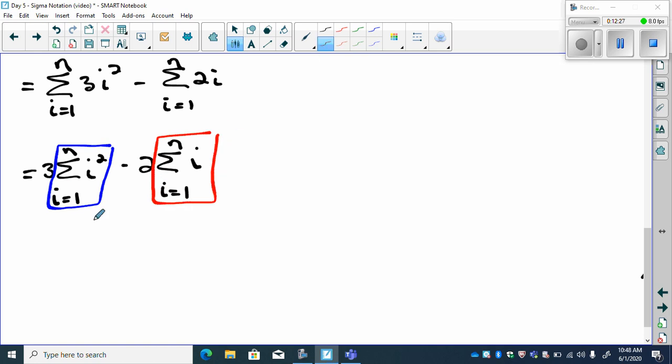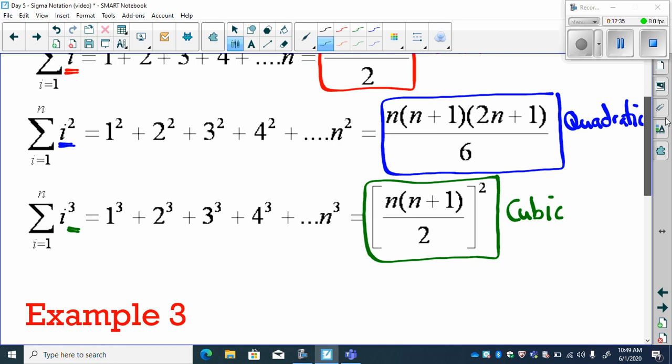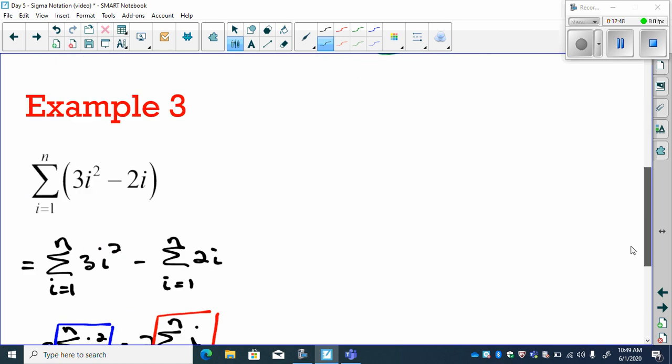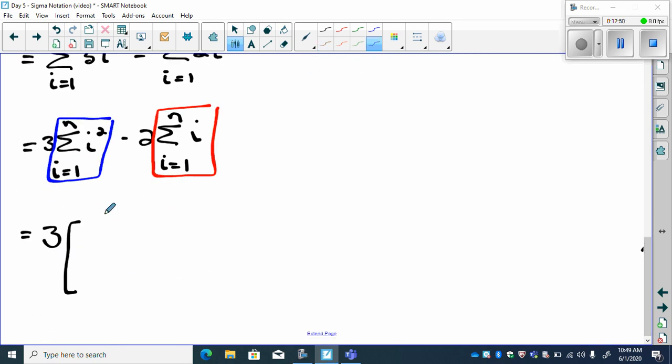So I can replace this whole thing right here with my quadratic sigma formula, which is n times n plus 1 times 2n plus 1 over 6. So again, you make this connection. If it's an i squared after the sigma symbol, you're using n times n plus 1 times 2n plus 1 over 6. So I get n times n plus 1, 2n plus 1 over 6